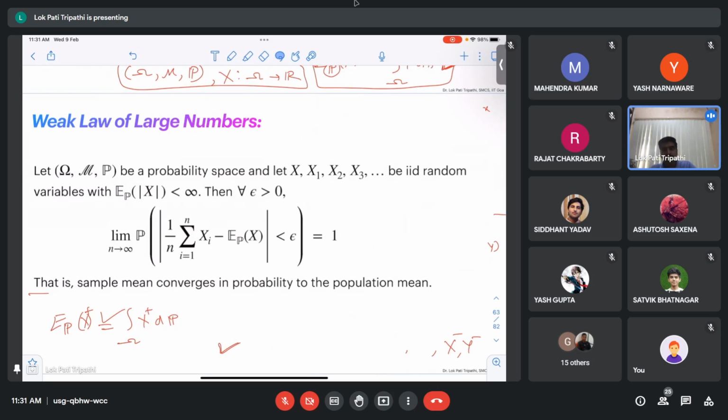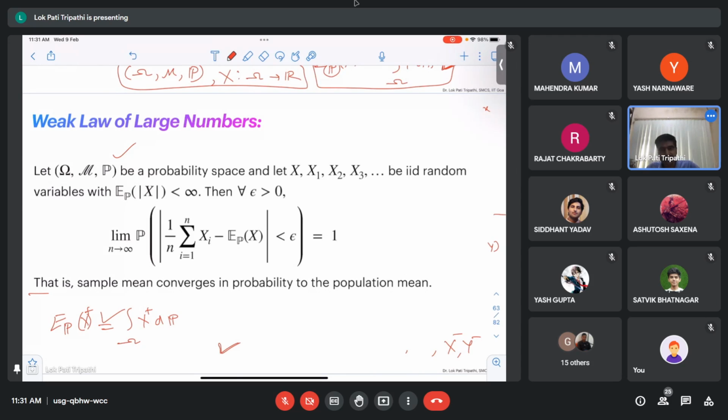All right. So the weak law of large numbers says that, by the way, you should always keep in your mind that you are working in one universe. Okay, means you are working in a given probability space omega, m, p, because once you vary it, it will be very difficult to handle.